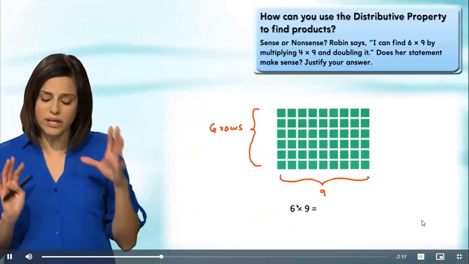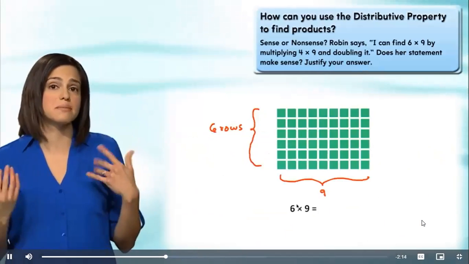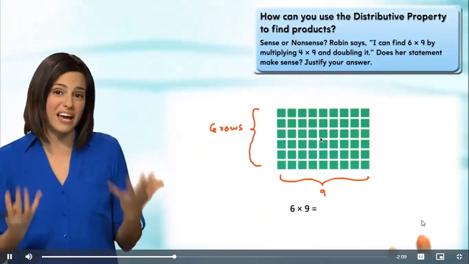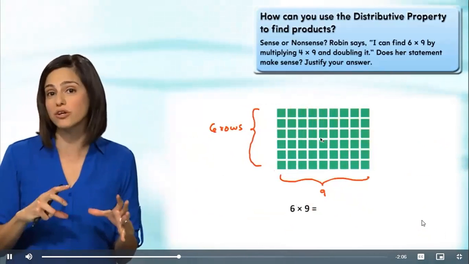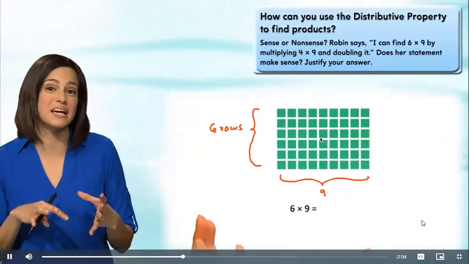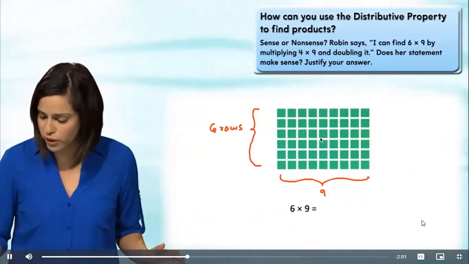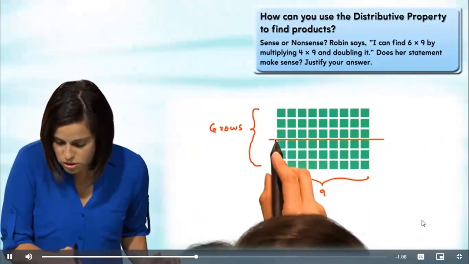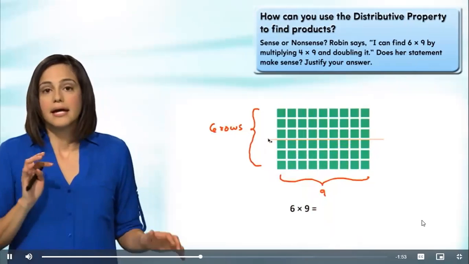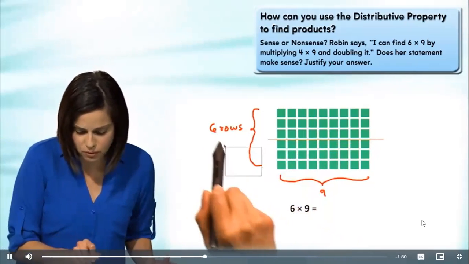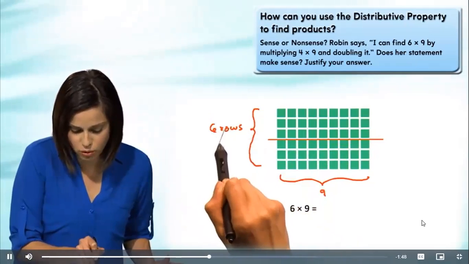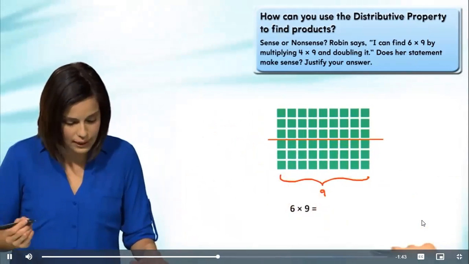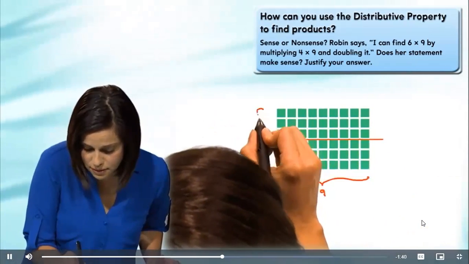All right, now we know that Robin is multiplying 4 times 9 and doubling it, which means that we can break apart our array into 2 smaller arrays that are of the same size. Okay, so we're going to break it apart right in the middle, which is right here. Now, first of all, let me get rid of the 6 rows. Take that out. And now we have 2 arrays